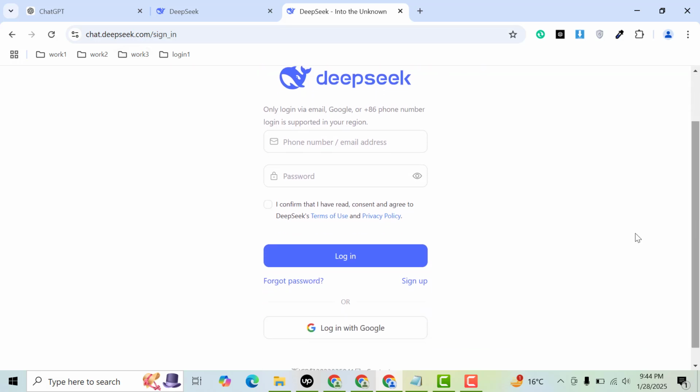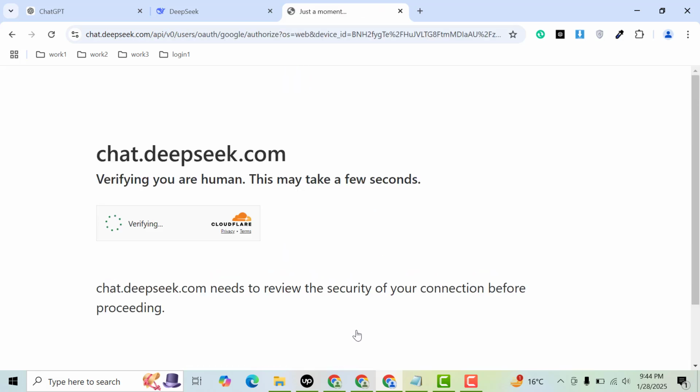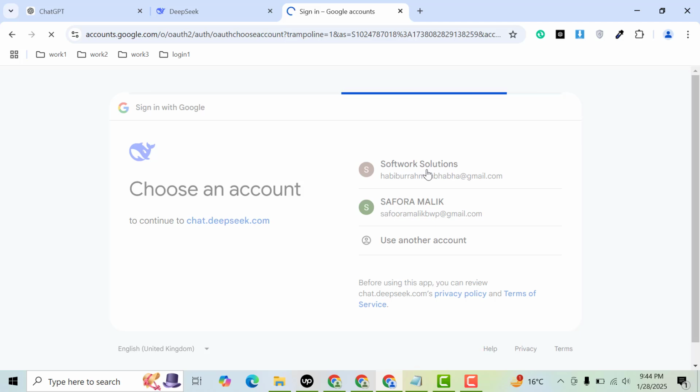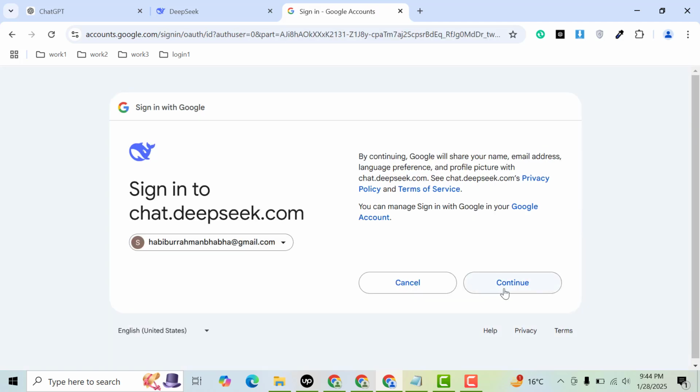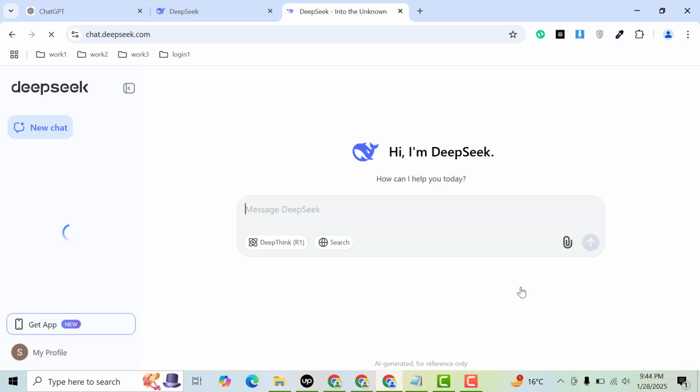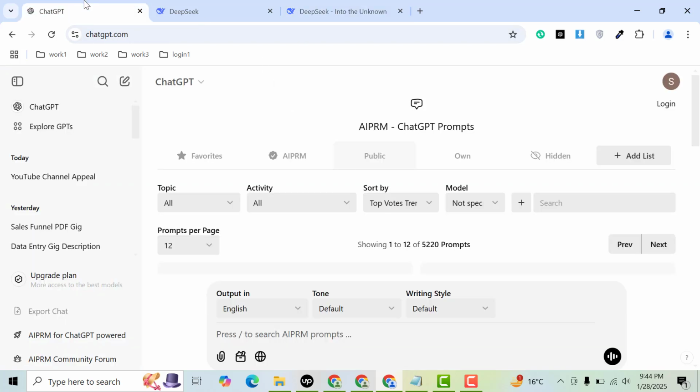Scroll down, then here you can see login with Google, and here you need to select email. So let me select, then click the continue button. So guys, here you can see now we have logged in, and now you can search anything like we need